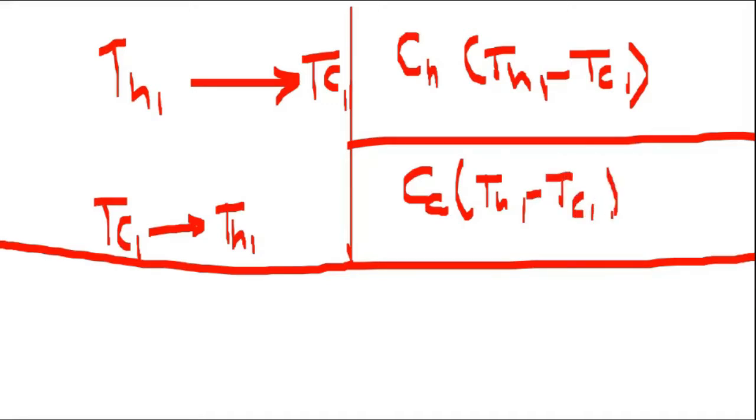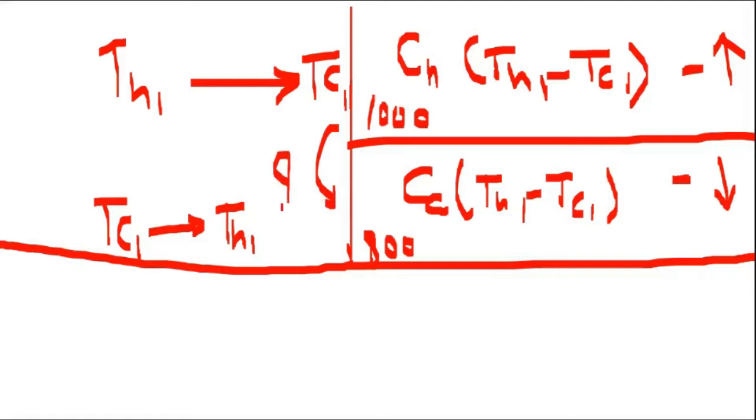Now one of these values will be higher. Suppose in the first case this value is high and this value is low. What is the maximum possible rate of heat transfer between them? The higher value or the lower value? Lower value. This we understood yesterday by the example of 1000 rupees and 800 rupees. We have a provider which can give 1000 rupees and a borrower which can take only 800 rupees. So the maximum transfer between them will be equal to 800 only.